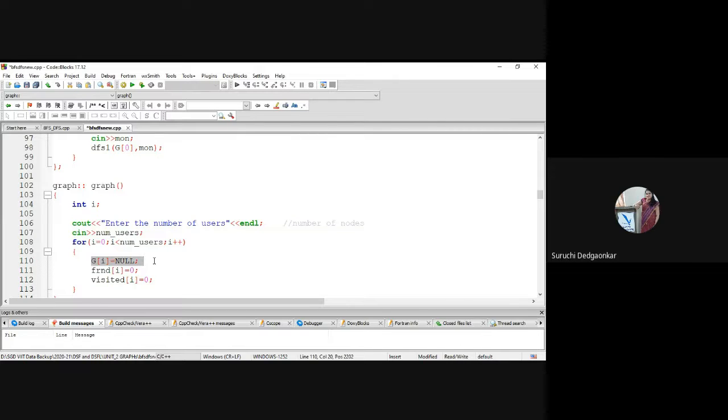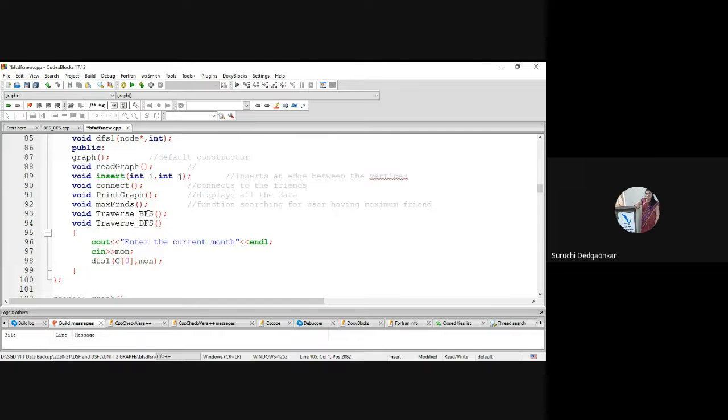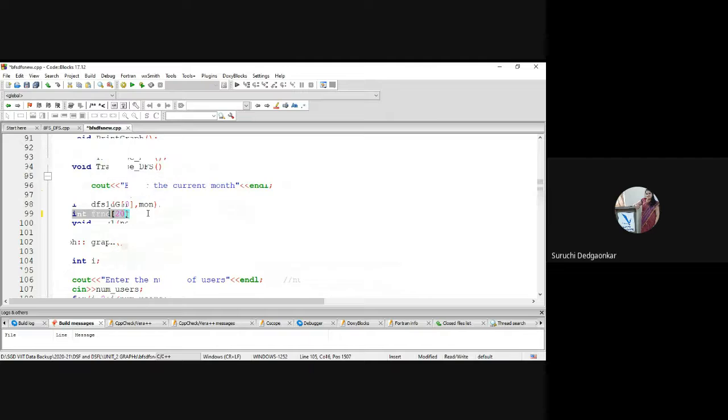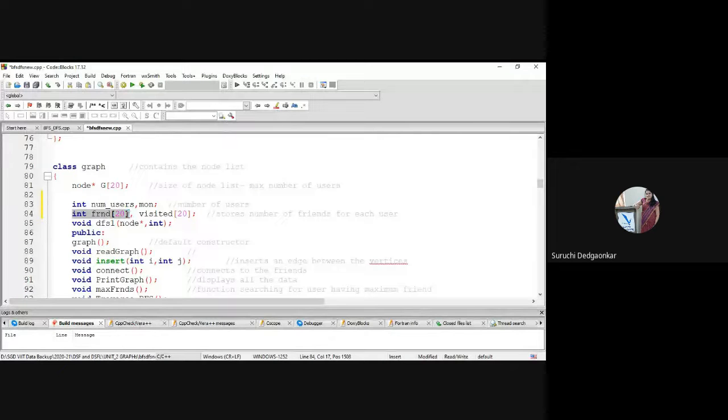Okay, and this particular variable, the friend array, is taken in order to store how many relationships are added in that particular linked list. That count is stored in this array.